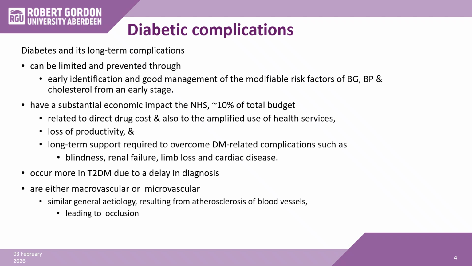They occur more in type 2 diabetes due to a delay in diagnosis. And again, as I said, they can either be macrovascular or microvascular. Similar general etiology resulting from atherosclerosis of blood vessels leading to occlusion. So this occurs depending on where the vessel is affected, either the minute vessels or the major